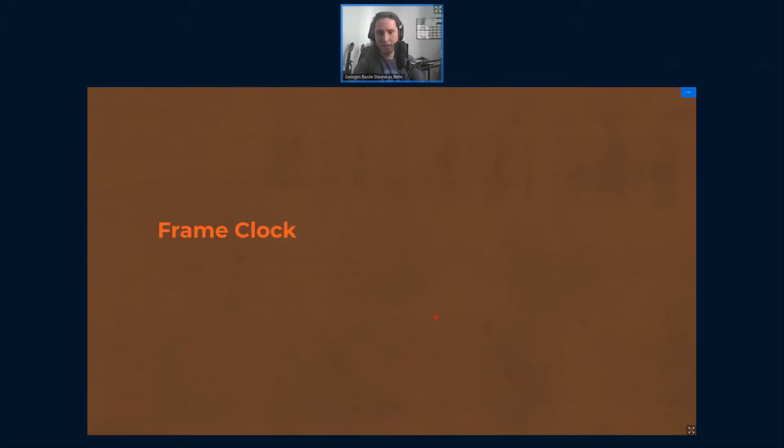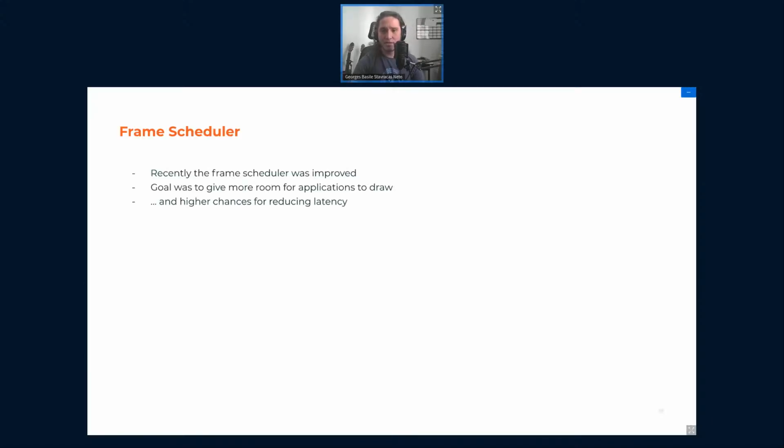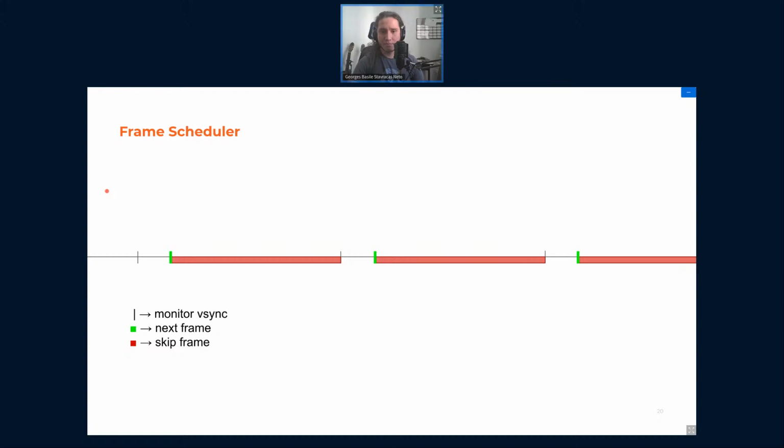Recently, Mutter received some improvements to the frame clock, specifically to the frame clock scheduler. It's easier to explain this with charts, of course. These strips here are the vsync events from the monitor.